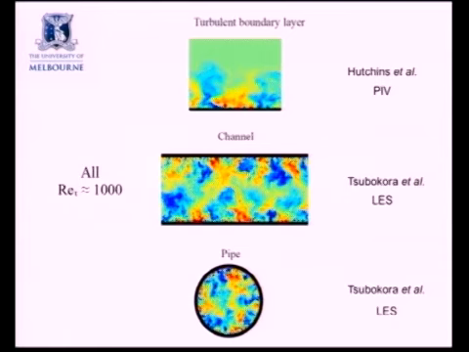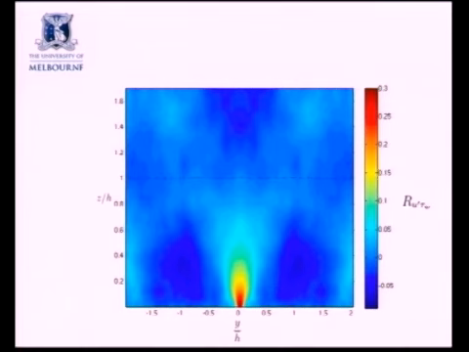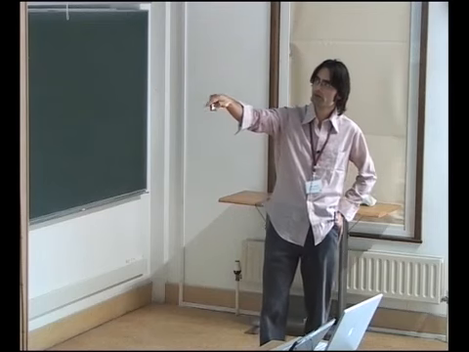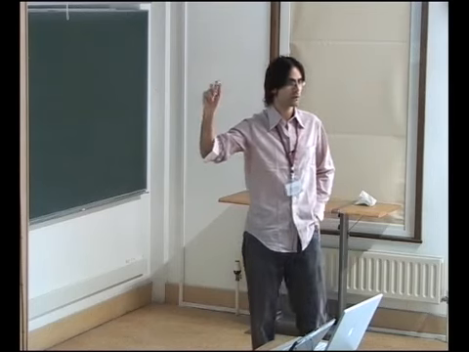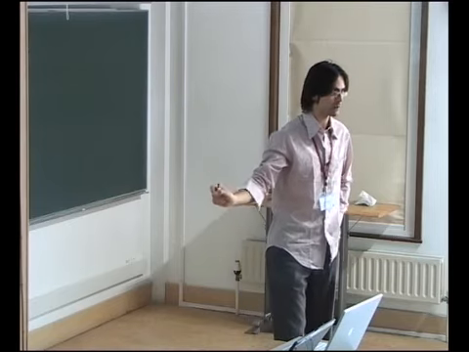There's a couple of LES computations there. But the geometries are clearly different. And I think it's really amazing that the pipe and channel are so similar, given these geometries. But one interesting point, in terms of thinking of things in wall-normal terms, if I look at the